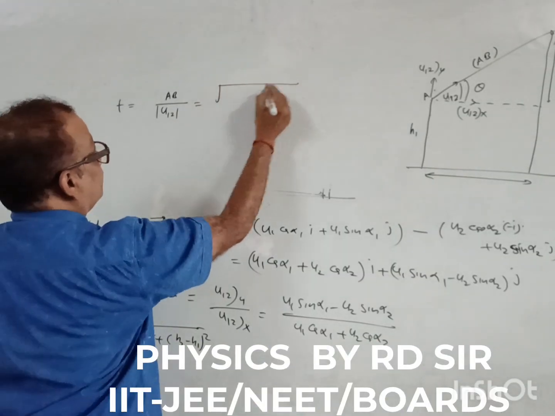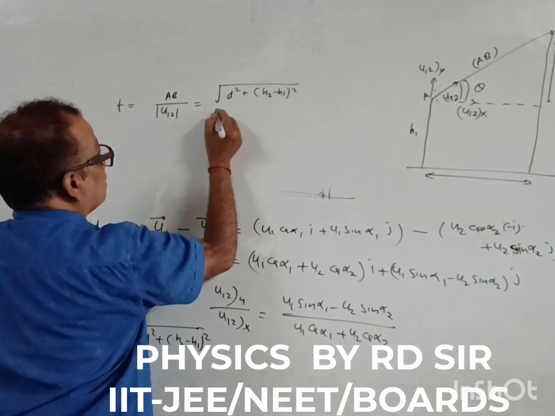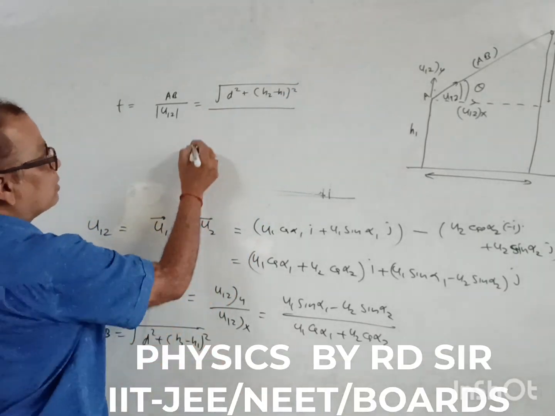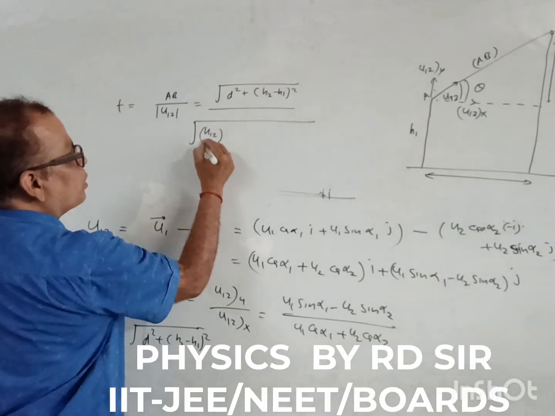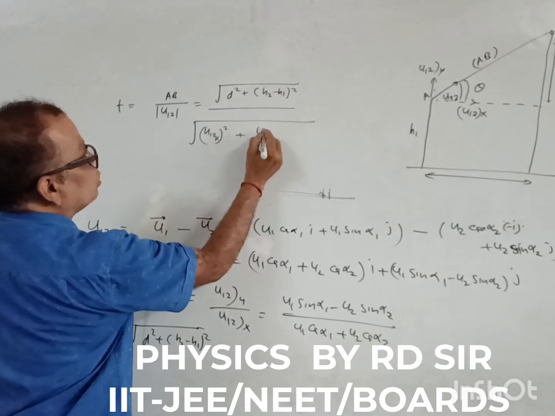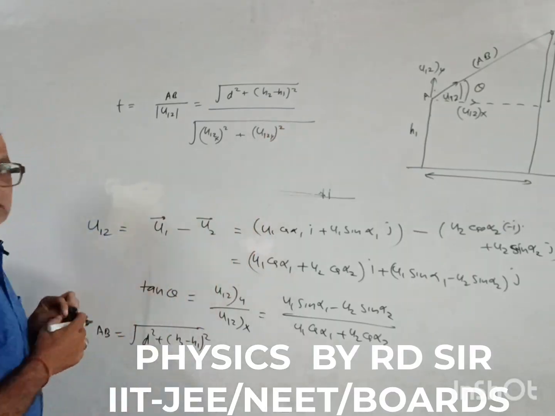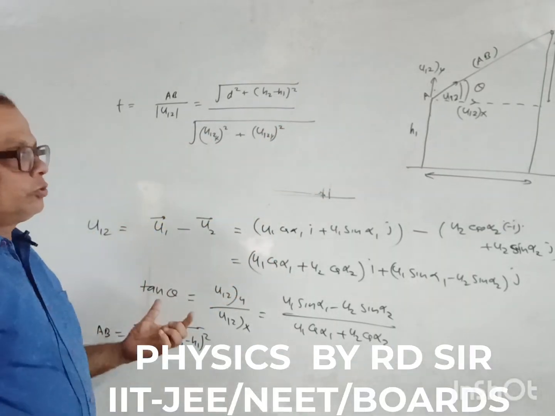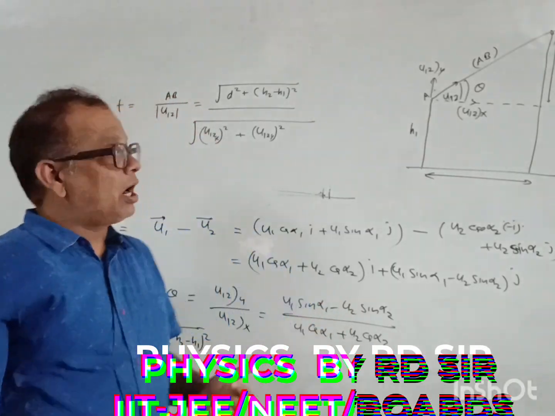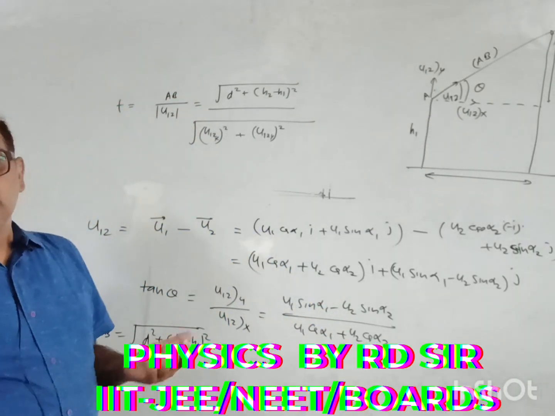AB is the square root of d square plus h2 minus h1 whole square, divided by the magnitude of u12, which is the square root of the u12 x component square plus the u12 y component square. So we can find the time of collision. This is the way we can deal with the projectile motion collision problem using relative